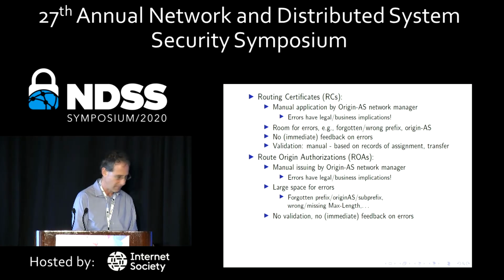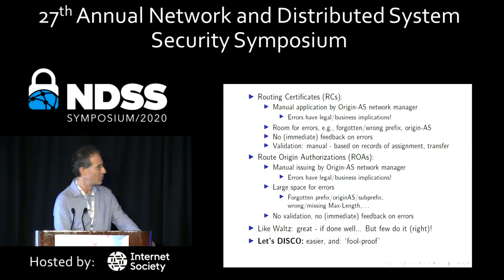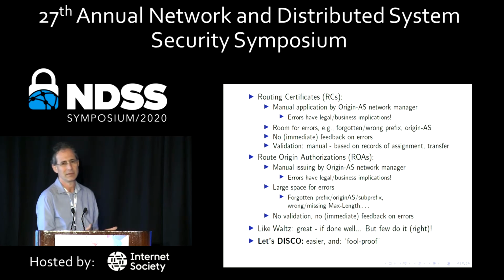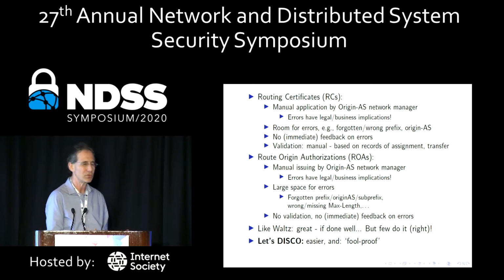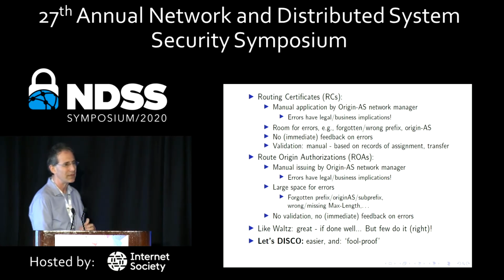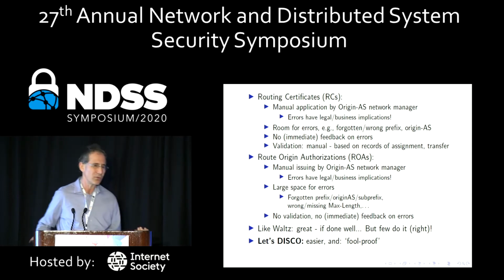Okay. So in the current system, to issue the router certificate, you need to go to the organizations which issued you the IP address space. They need to look through all kinds of old documents and so on. It's a very manual process, very error-prone. And an error will have legal implications, so you can understand that lawyers are involved, which you all know what